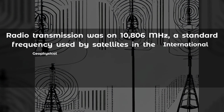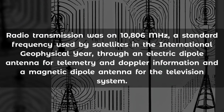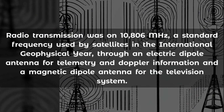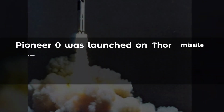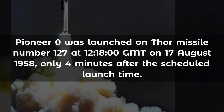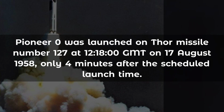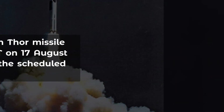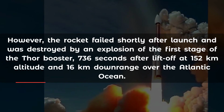Radio transmission was on 10,806 MHz, a standard frequency used by satellites in the International Geophysical Year, through an electric dipole antenna for telemetry and Doppler information and a magnetic dipole antenna for the television system. Pioneer 0 was launched on Thor missile number 127 at 12:18 GMT on 17 August 1958, only 4 minutes after the scheduled launch time. However, the rocket failed shortly after launch and was destroyed by an explosion of the first